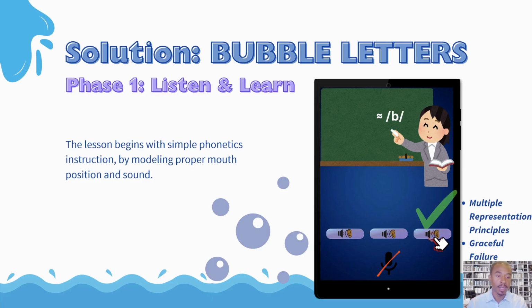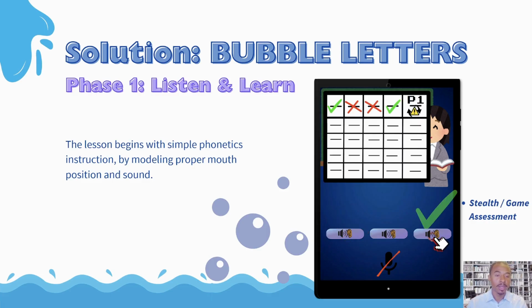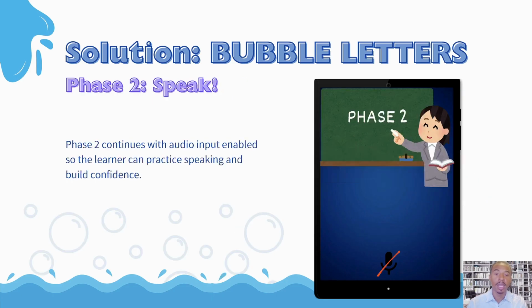They can try again. And in the background, these will be logged so that we can measure if the learners are at or above a certain success threshold. If they are below that threshold, they will be gently prompted to repeat the phase. And once they reach a certain amount of success rate, they can then move on to the next phase, which